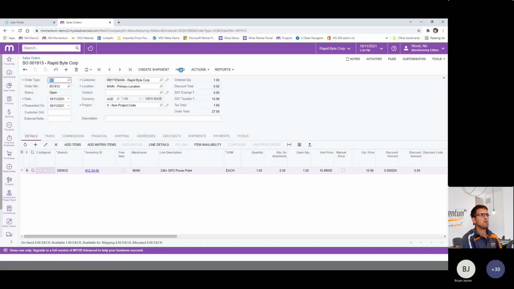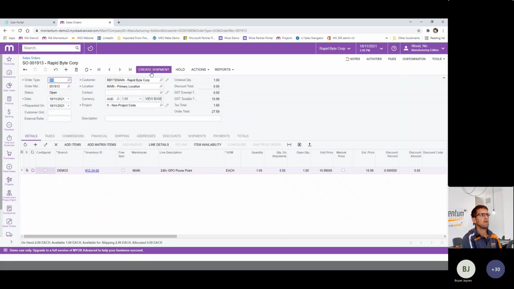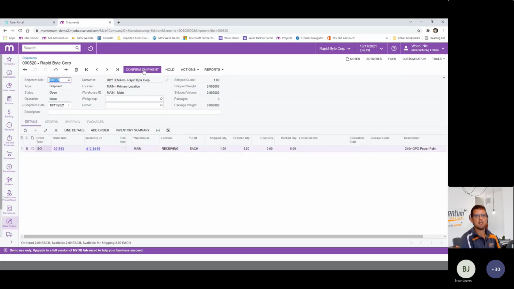So if I put this on hold, the next logical step is to take it off hold, and then we'll create a shipment. And from there, confirm the shipment is the next step. So it just makes that whole logical flow of actions within your workflow run through a lot smoother.